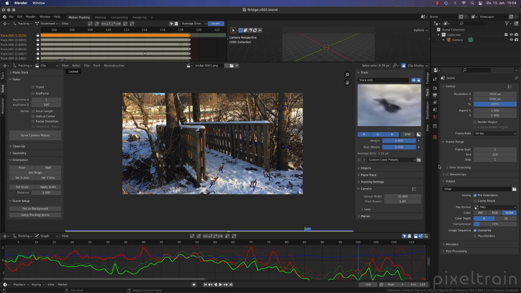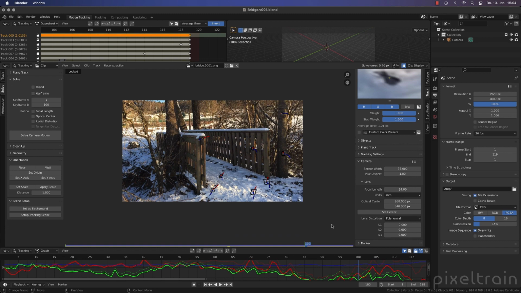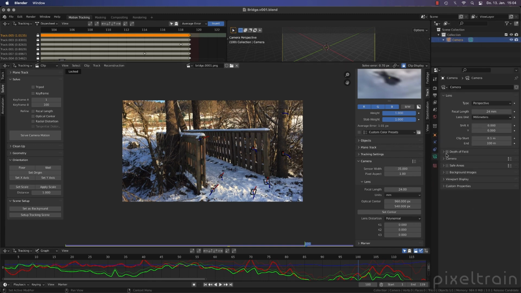Let's go now to the camera. If you don't know why we are going here, please refer to the video or the lesson before. We talked about that. I want to have a solve later for a sensor size of a full frame camera. And you remember that the sensor width here of the Blender camera, and also here, is not full frame.